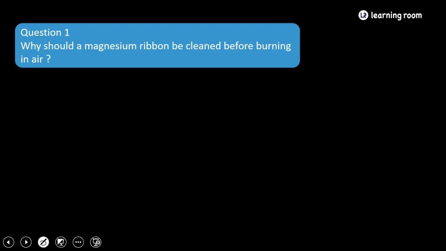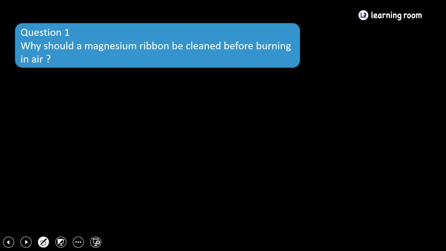Generally, metals are very reactive, and the reactivity order is given in your books. I will write that. Magnesium is very reactive with the air. Air means oxygen in the atmosphere, and the magnesium layer becomes magnesium oxide. Once it forms magnesium oxide, it protects that magnesium from the atmosphere. So if you want to conduct a reaction, you need only magnesium, not magnesium oxide. Then you have to wipe it with sandpaper, then it will go away, then you can use it. This is called the magnesium ribbon. You have to clean it before burning in air.